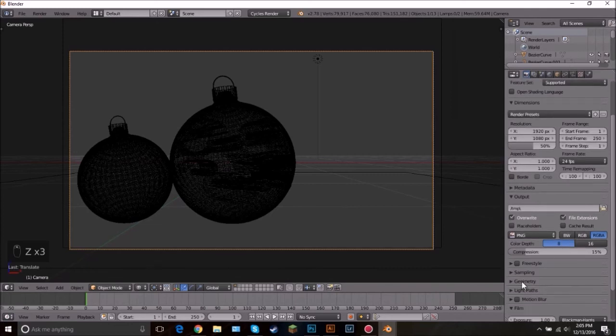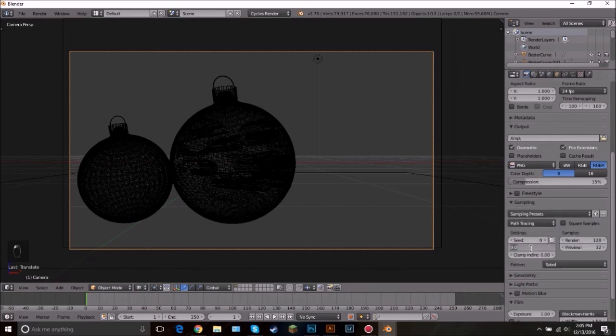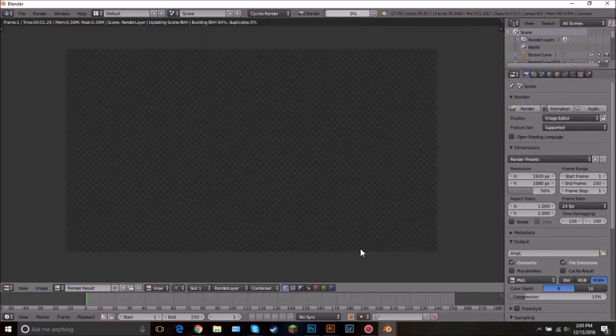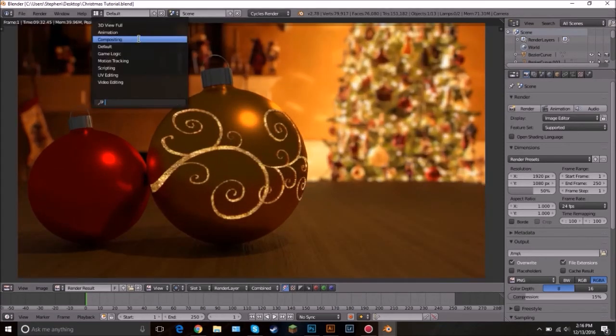I'm just going to leave the settings right here. Come down to the light paths, turn off these, and then the sampling. I'm going to be adding 3 on both the clamp direct and the clamp indirect, and changing the sampling to 200. Alright, so come up here and click render, and let's see how that looks. Okay, it is done, and that looks pretty good, but now we're going to go into the compositing and totally